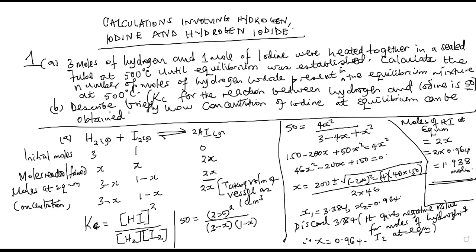Then that iodine is titrated against standard solution of sodium thiosulfate. Since the concentration of the sodium thiosulfate is known, we can get the number of moles of sodium thiosulfate, and then we use the mole ratio to get the moles of iodine. As simple as that. So for the case of part B, I'm going to write and say